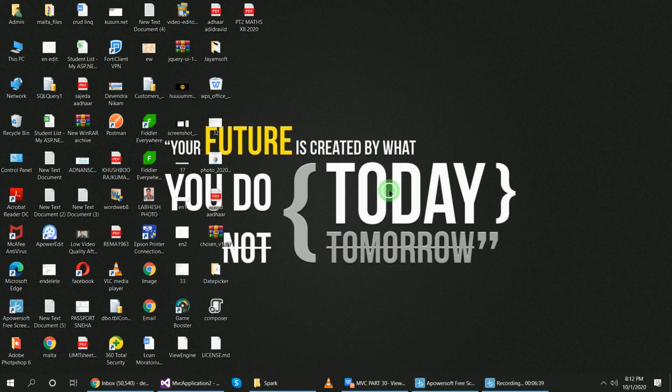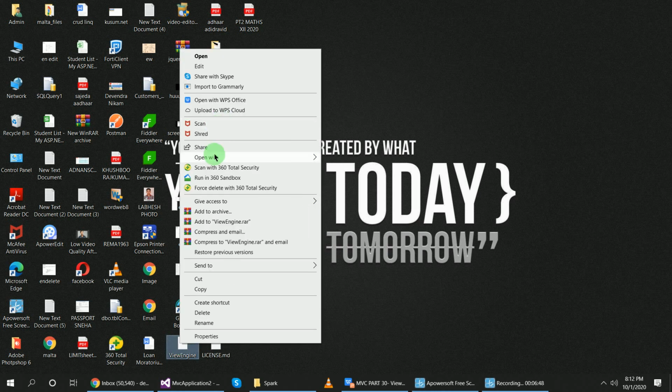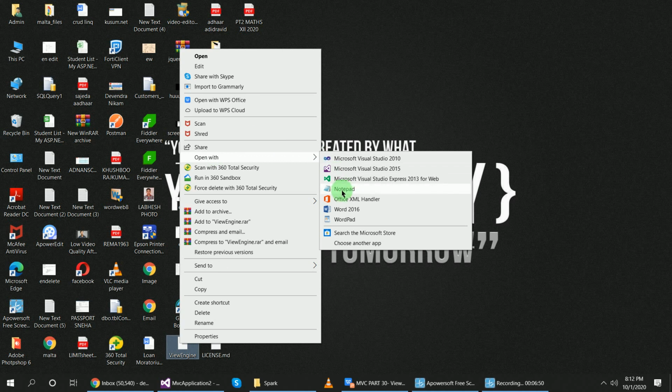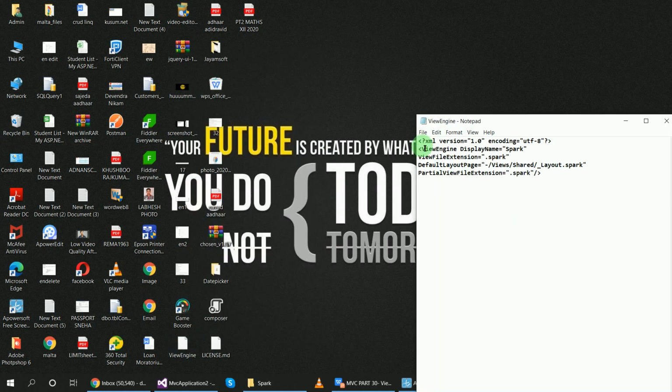If you want to see it, open it with Notepad, and you can see this is XML version 1.0, encoding UTF-8, ViewEngine, DisplayName equal to Spark, meaning in the Add View dialog box it will display the name Spark. ViewFileExtension equal to .spark means whatever file you create will have the .spark extension, and the default layout page will show inside of Views, Shared, Layout.spark.